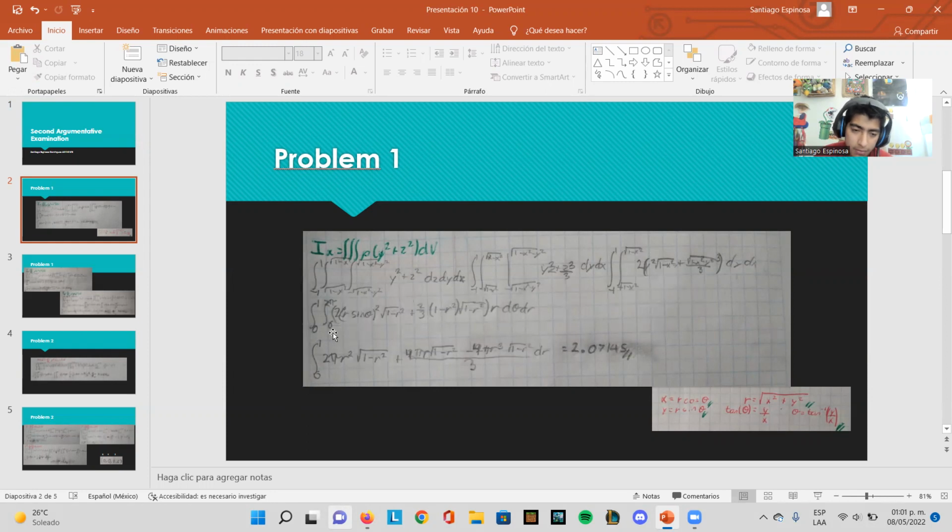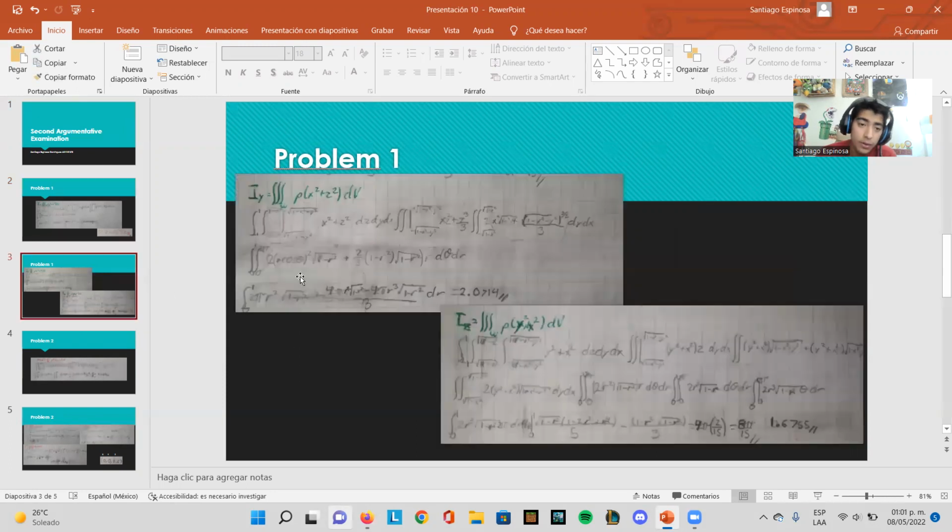And then we need to change the limits. First we change the limits of theta, and we know that a circle goes from 0 to 2 pi. And then the limits of r go from 0 to 1. And we need to multiply by r in the equation because we need to do it when we change to polar system. And the result is 2.0745. With the other axis, I do the same thing with the change to polar system multiplied by r, the same limits, and the result is 2.0714 in the y-axis, and in theta it is